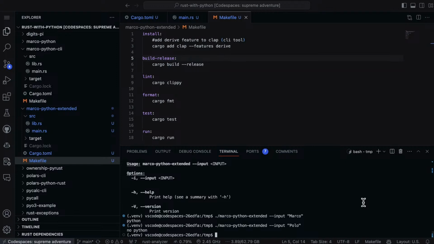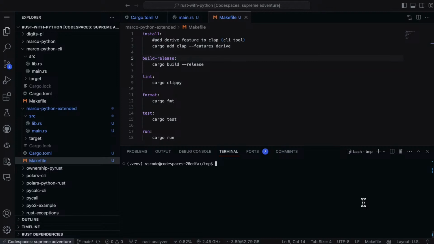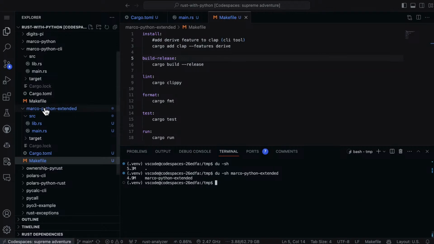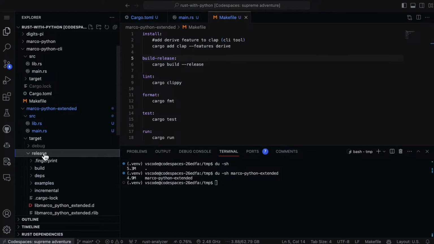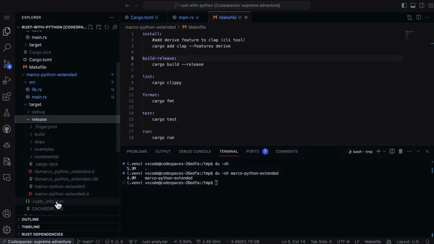So it would be kind of fun, actually, to copy that binary and run it somewhere else. That would be kind of fun too. Like, I got a little bit of time. Let's see if I can do that. So let's see, du -sh Marco. So this thing is about 5 megs, so not huge. And so if I was able to go to the target, go to the release, and I was able to go to this and download it,